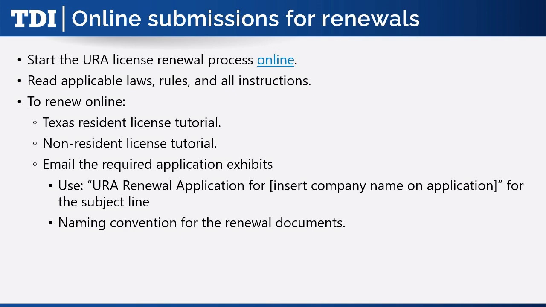Follow the online system prompts to complete the process, then email your application exhibits to our application email receiver. Note that you can find our application email receiver in our contact slide at the end of this webinar. Remember that the application email receiver will not accept secure encrypted emails, so if you must send your exhibits securely, send them to our general mailbox instead, and explain in your email that you're sending the renewal exhibits subsequently to submitting your renewal online.